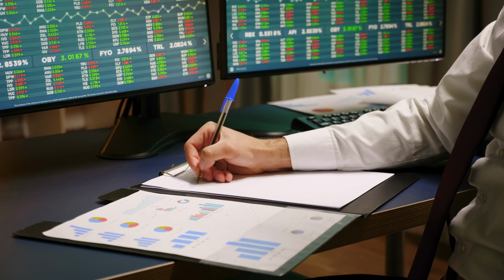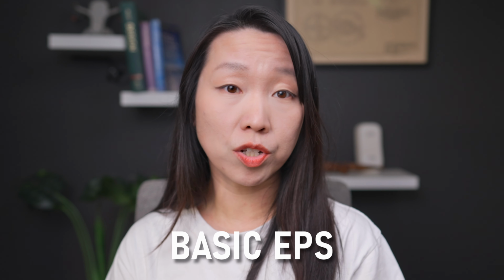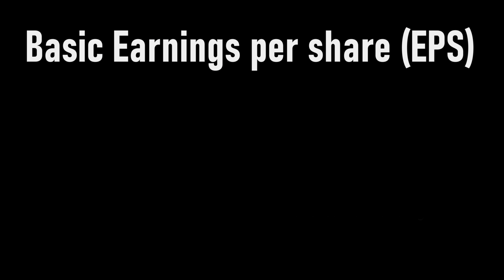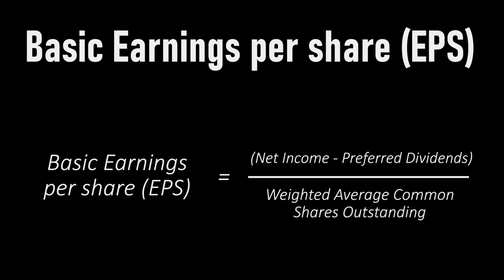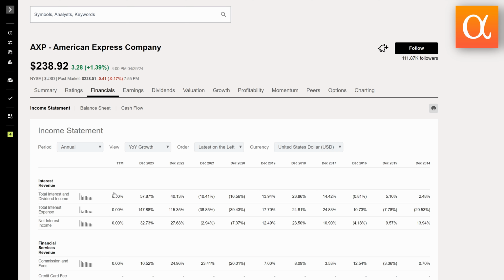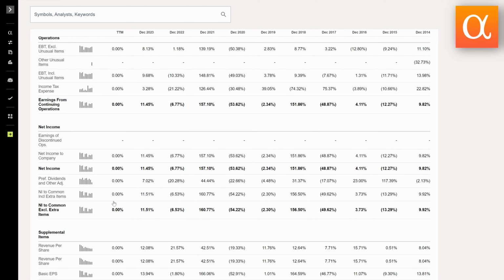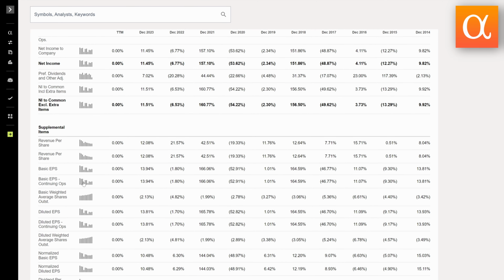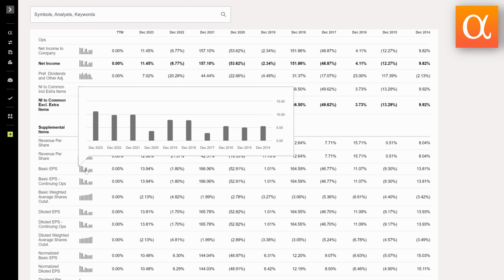So after all, this is still a profitability question, but now we look at a metric from the income statement called basic EPS, which is earnings per share. Basic EPS is net income minus preferred dividends, divided by weighted average common shares outstanding. This is the most relatable metric to investors. It is the profit allocated to every individual common share of a stock. The higher the EPS, the better its profitability. You're not necessarily looking for an EPS that is higher every single year. What's crucial is a strong upward trend over time.